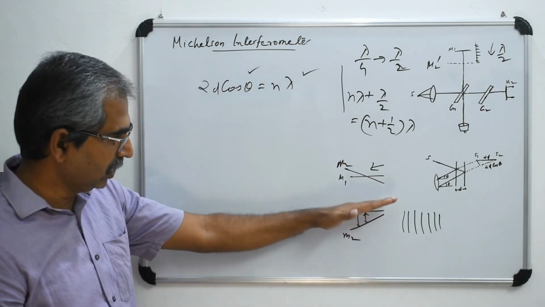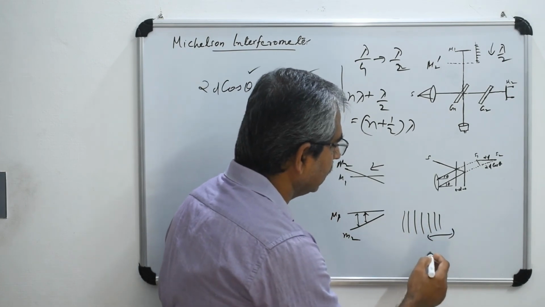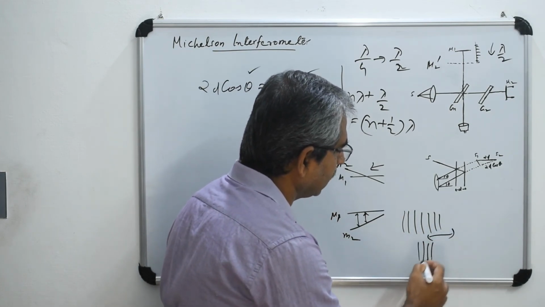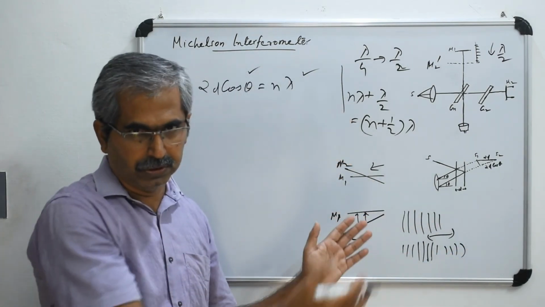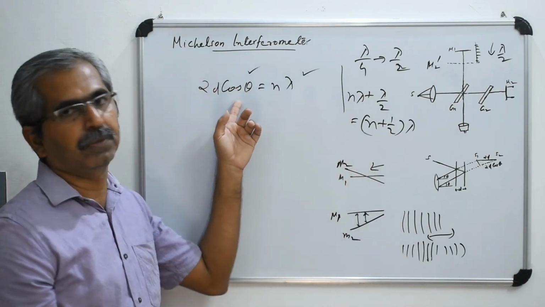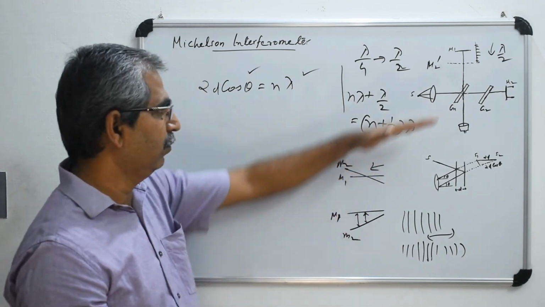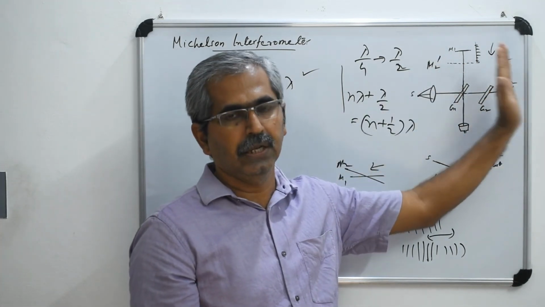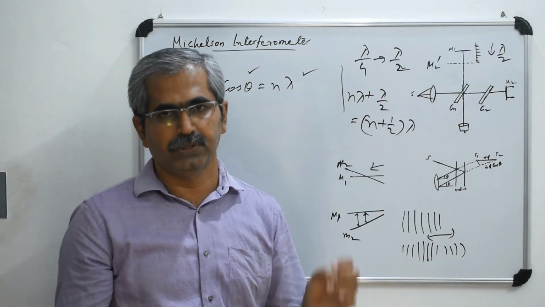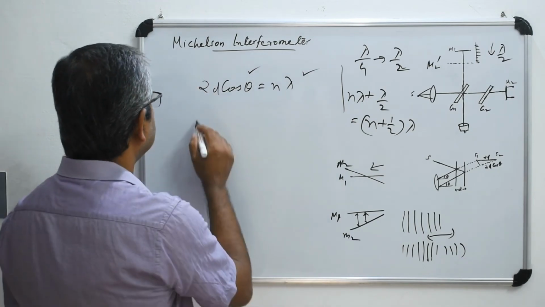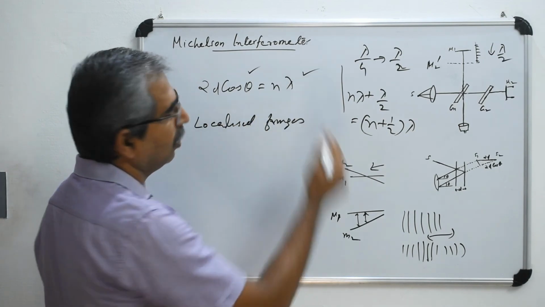Okay, and if the position is different, actually this is a pattern obtained, but when you move away from the center, you can see that at the center it will be a straight line. Okay, straight interference, and if you move out, that will become curved. Okay, so that is because the condition depends upon the angle of observation also. Anyway, that is different. So the only thing is that if one of the mirrors is tilted, you will get the interference pattern similar to what you observe in the case of an air wedge, or you can say localized fringes will be obtained.